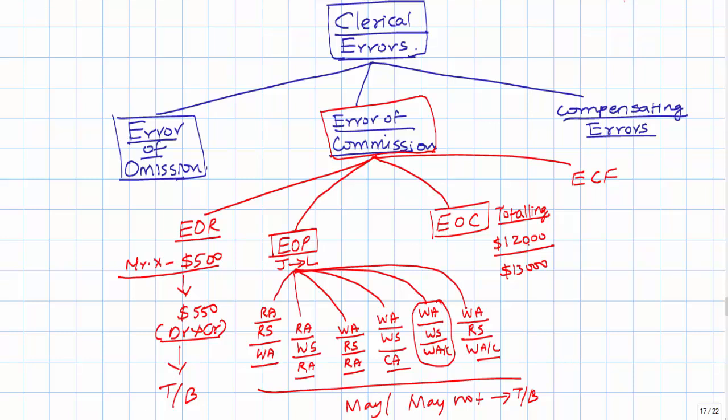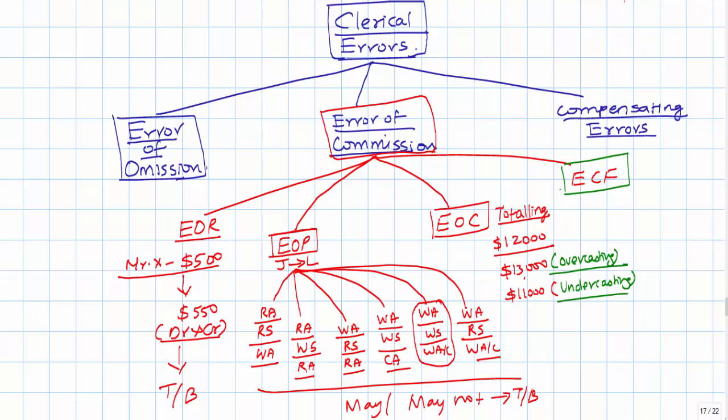So in the place of 12,000, if you write it as 13,000, then it is going to be called overcasting, because your total is more than what is correct. And in the place of 12,000, if you total it as 11,000, then that total is going to be called undercasting, because your total is less than the actual. So in error of casting, there can be possibility of overcasting and there can be possibility of undercasting.